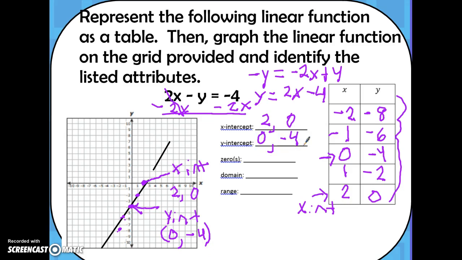And then we can see where our zeros are. Zeros are right here on the x-axis, the number that you cross on the x-axis. So it is x equals 2. And then our domain is our least on the left to the greatest on the right. So our least number on the left is right here at negative 5. And then we have less than, and then we go up and